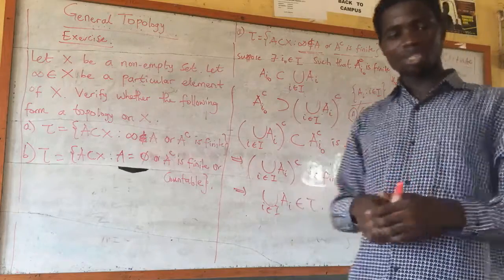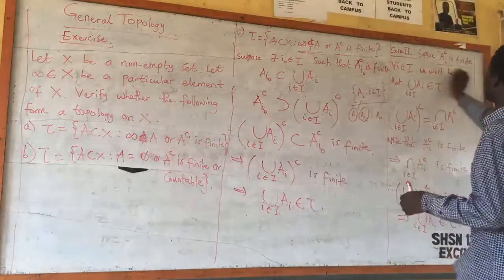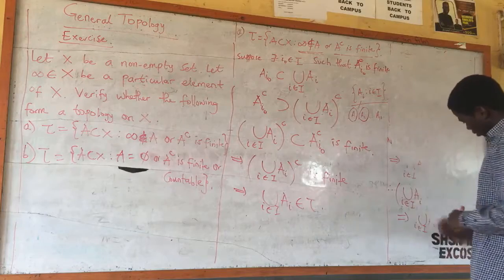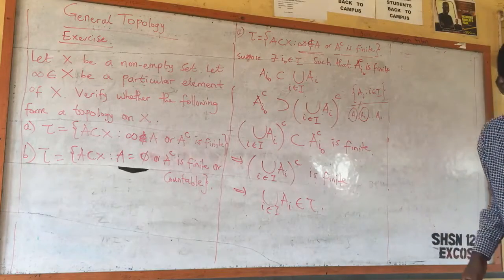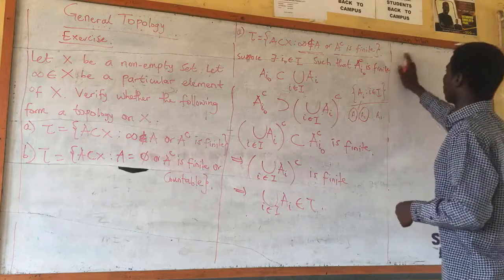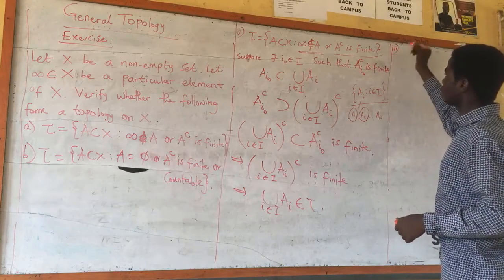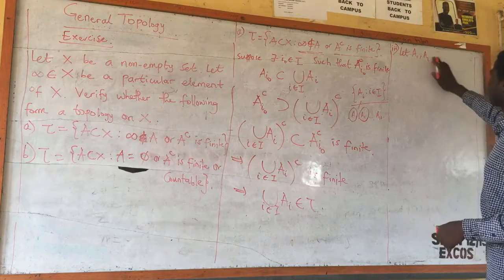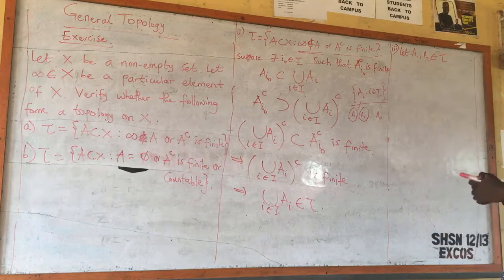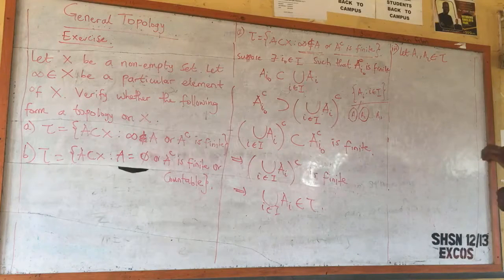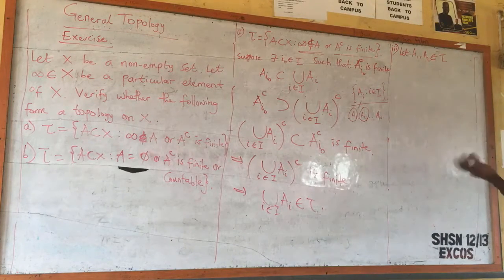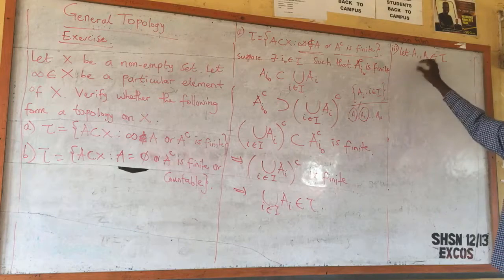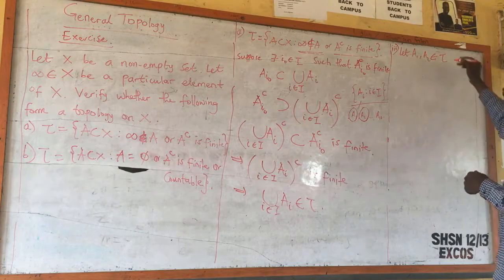So from there, I'm drawn with the arbitrary union to be also a member of the topology. Now the third thing I need to do is to prove for the finite intersection. For finite intersection, let A1 and A2 be elements of the topology. So it suffices, of course, from the first lecture, I already told you that whenever you want to prove finite intersection, you just take two and do A1 intersection A2 and prove that it's there. So we want to prove that